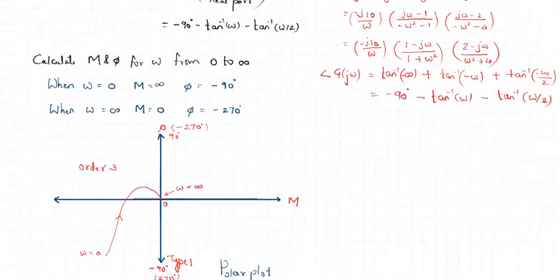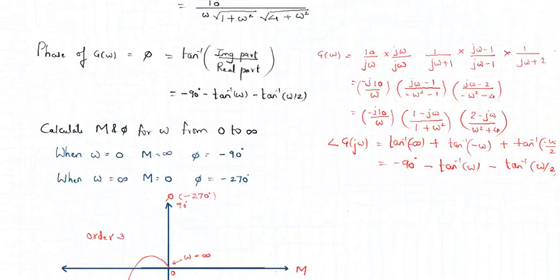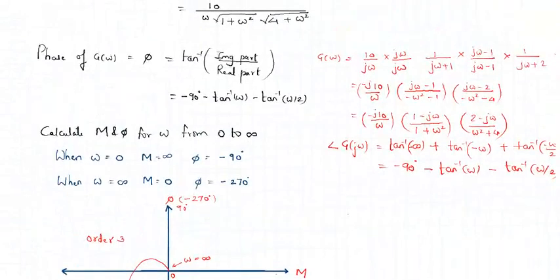Now using this magnitude and phase, we will try to plot the polar plot. To start the polar plot, what we need to do is find the values of magnitude and phase for various ranges of frequencies. So let us start with finding the magnitude when we put omega as 0. When we substitute omega as 0 in the magnitude equation, we get 1 by 0 term appearing. 1 by 0 turns out to be infinity. So when frequency is 0, magnitude is infinity. What about the phase? When we put omega as 0, tan inverse of 0 is 0, tan inverse of 0 by 2 again becomes 0. So the only term that remains is minus 90, so phase is minus 90.